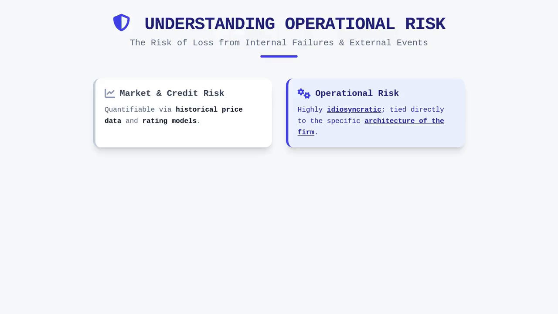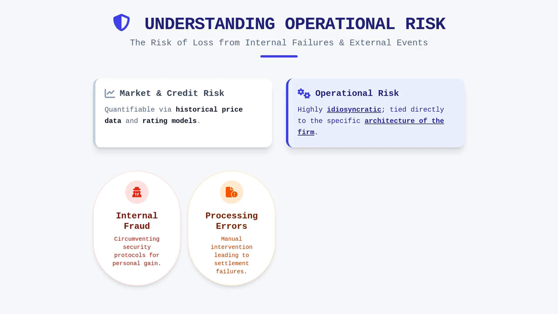Common sources of failure often begin with internal fraud, where authorized employees circumvent established security protocols for personal gain or malice. Processing errors occur frequently in manual environments where human intervention is required, leading to settlement failures or incorrect accounting entries. System blackouts represent a modern existential threat, particularly as trading platforms increasingly rely on volatile digital infrastructure to facilitate